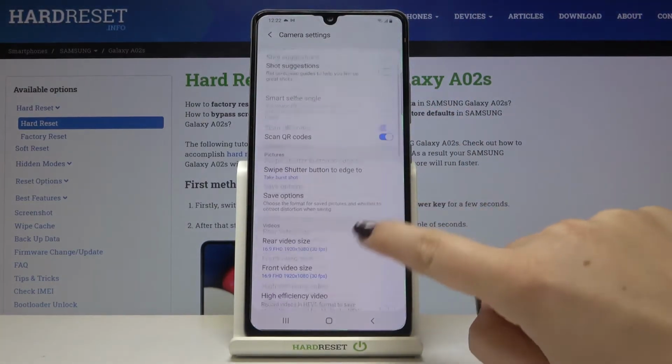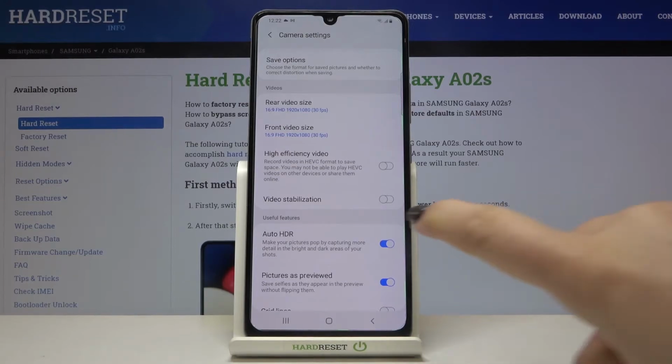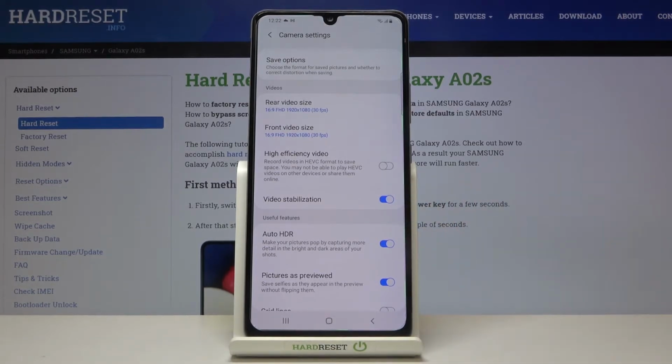Now let's scroll down to the video section, and at the very bottom of it we've got the video stabilization option, which is right now turned off. If you would like to turn it on, just tap on the switcher on it, and from now on the image stabilization will be applied, so all videos recorded whilst running or walking won't be as shaky as they will